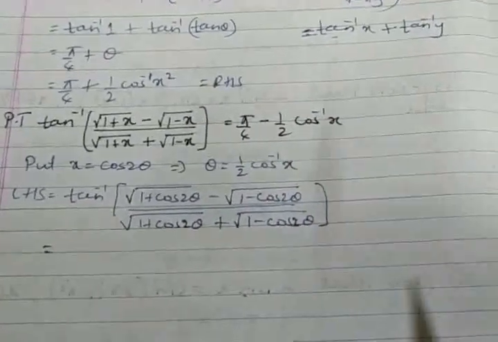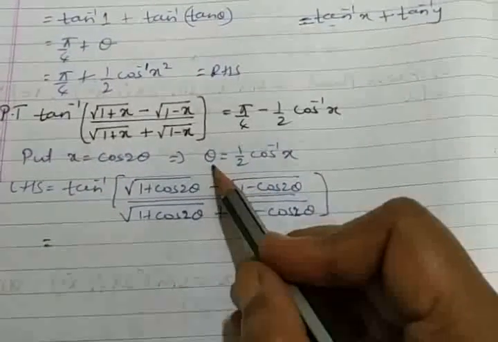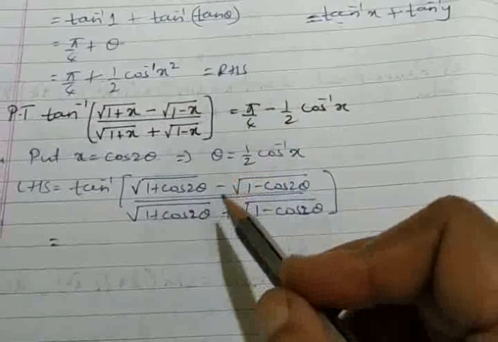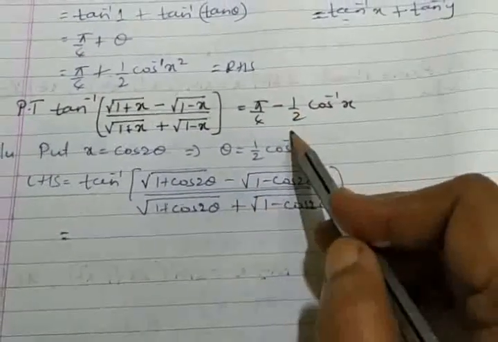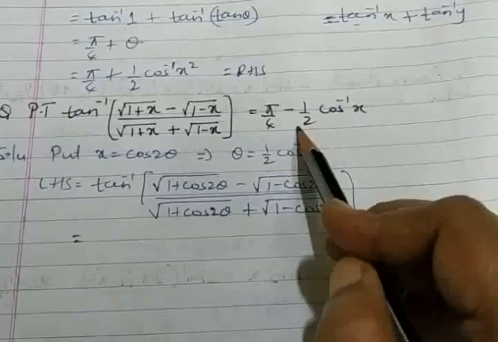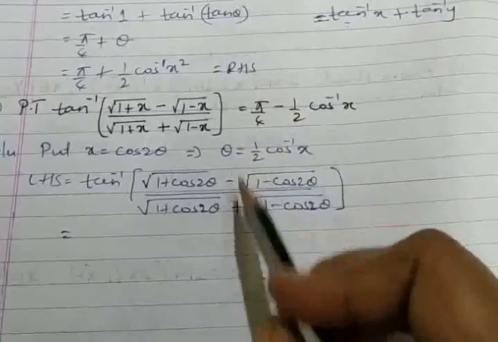Then easily you can further claim it, and after claiming, also be careful about replacing theta back. Then substitution: all the terms you will simplify carefully, and you will get the RHS here. Since the RHS is given, you know the answer and you can cross check it. But if the RHS is not given, be careful.